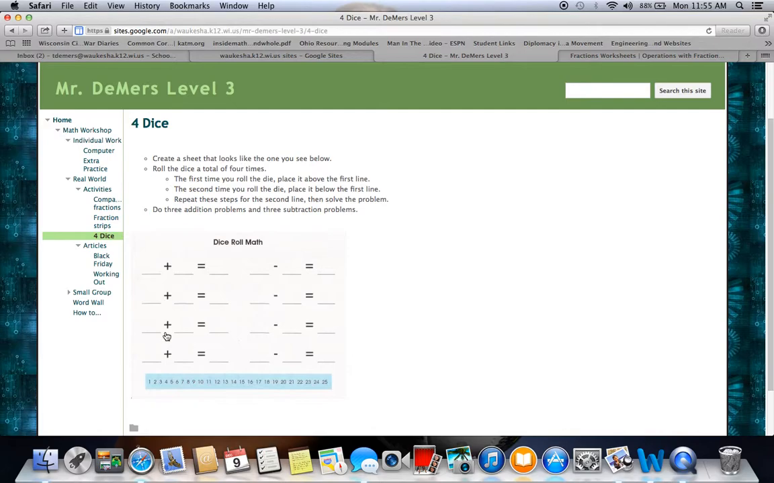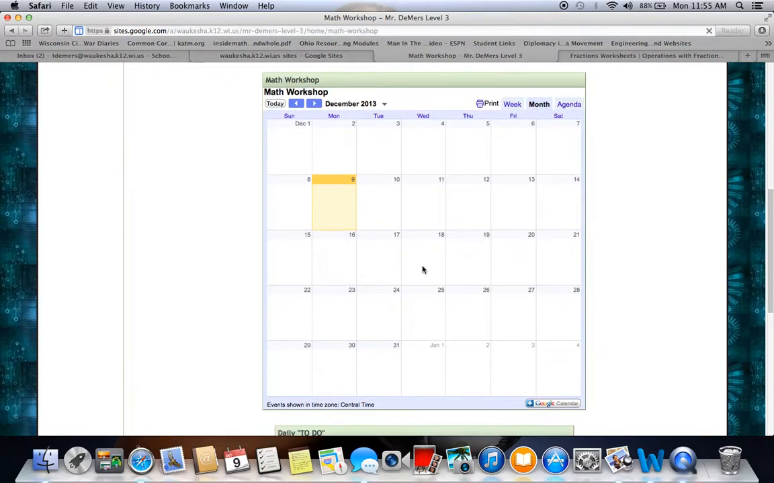You're going to do at least 3 addition and 3 subtraction problems, but I would practice more because we're very quickly going through adding and subtracting of fractions. Going back to our to-do list,